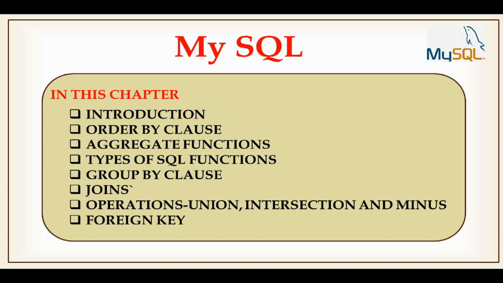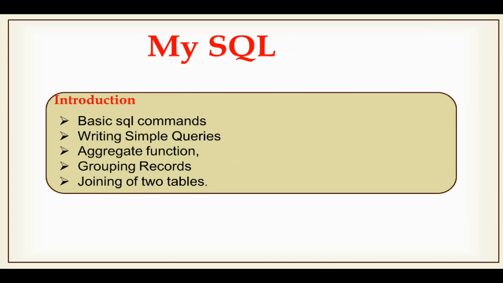In this video, I am starting your class 12th Informatics Practice syllabus with the chapter on MySQL. You have already studied this chapter in class 11th, where you learned some basic SQL commands, how to create database tables, and how to write simple SQL queries. You also learned about MySQL functions. Now in this chapter you are going to learn another category of MySQL functions called aggregate functions, how they are helpful in our SQL programming, and you will also learn about grouping of the records and joining two tables and getting information from the two tables.